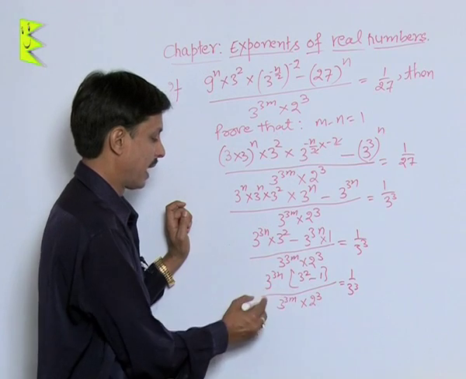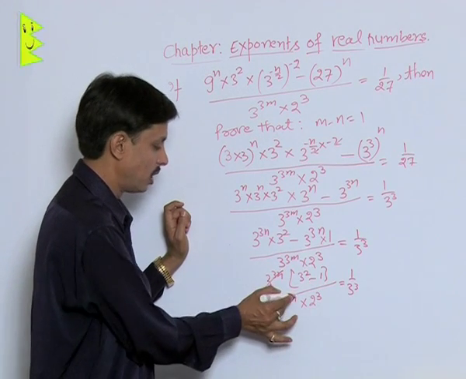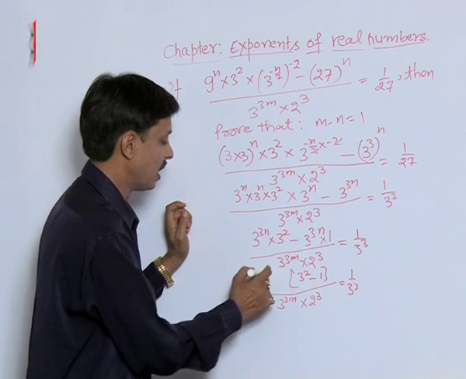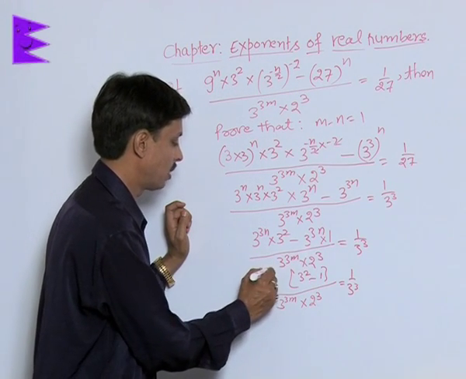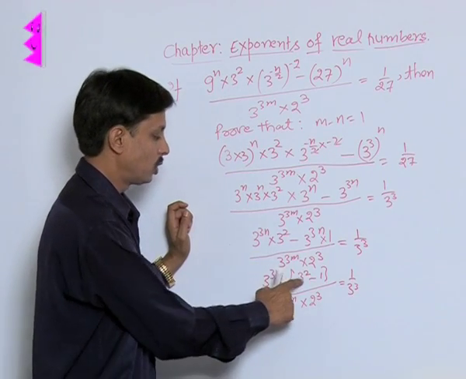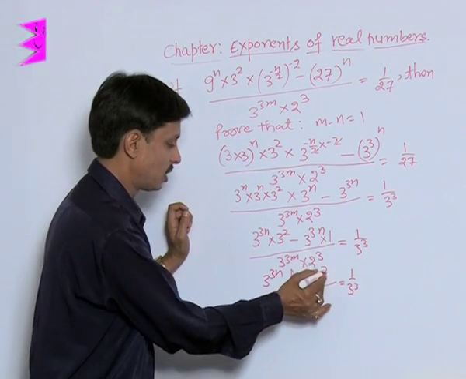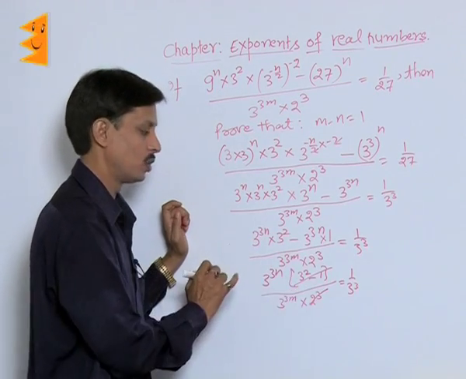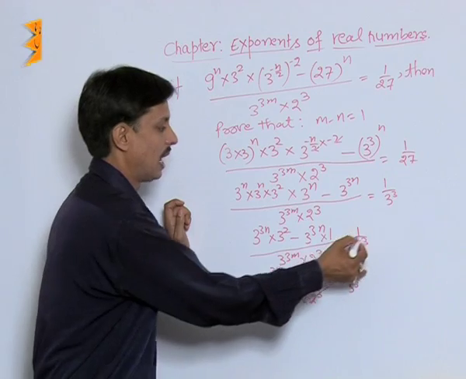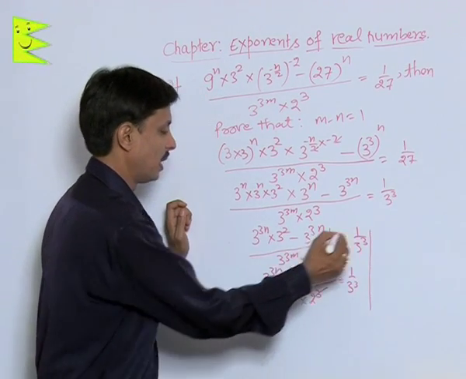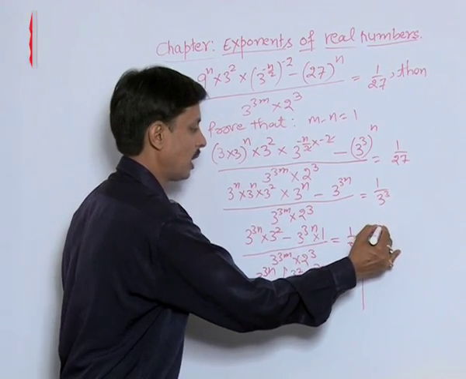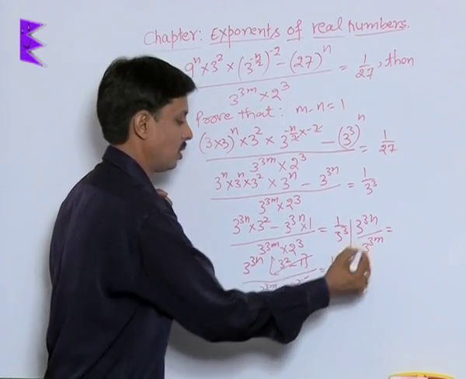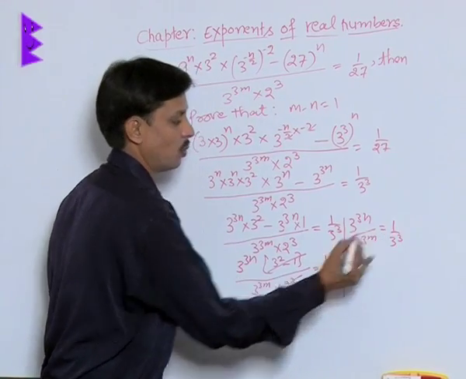I can say 3 is to power 3n and 3 is to power 3m, this is n and this is m, so we cannot cancel. This becomes 3 is to power 3n. Now 3 is to power 2 minus 1. This result is 8, because 9 minus 1 is 8 and 2 cube is 8. So these two get cancelled. I am left with 3 is to power 3n upon 3 is to power 3m is equal to 1 upon 3 cube.